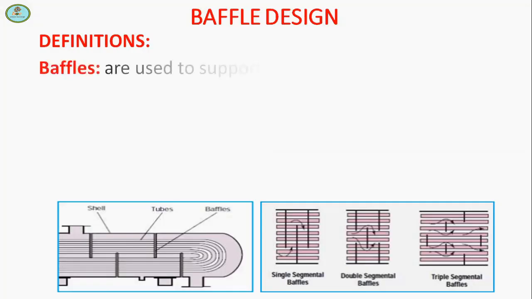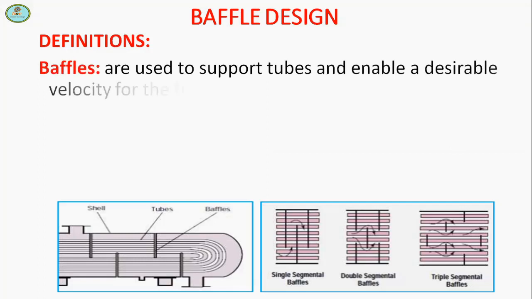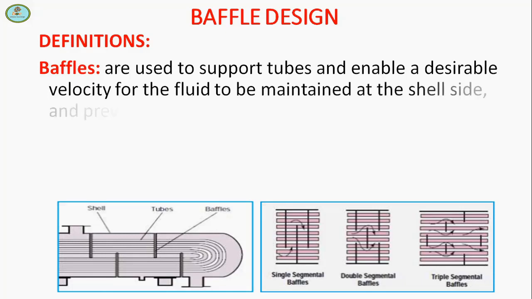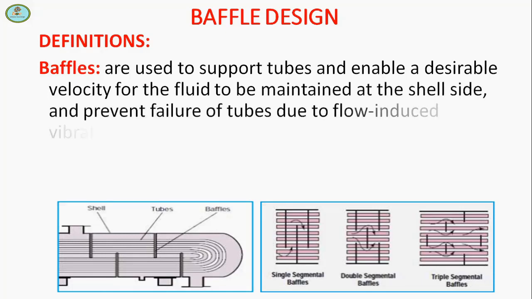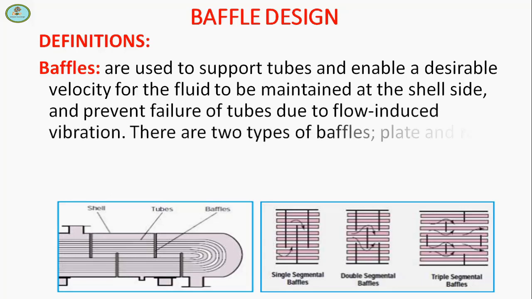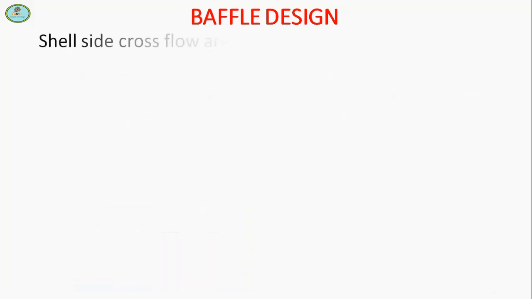Baffles are used to support tubes and enable a desirable velocity for the fluid to be maintained at the shell side and prevent failure of tubes due to flow induced vibration. There are two types of baffles, plate and rod. Shell side cross flow area is given by